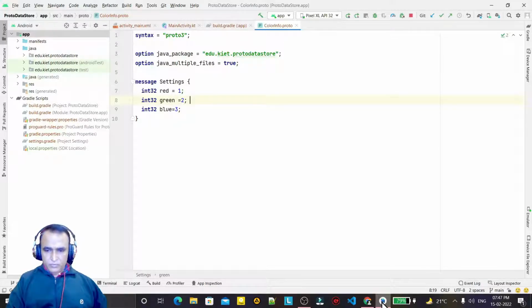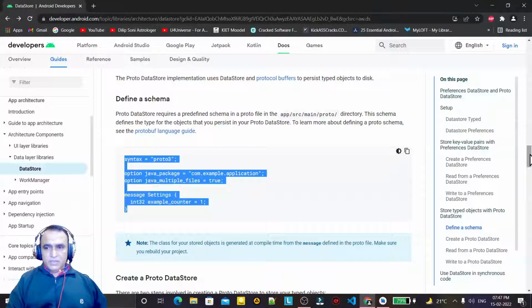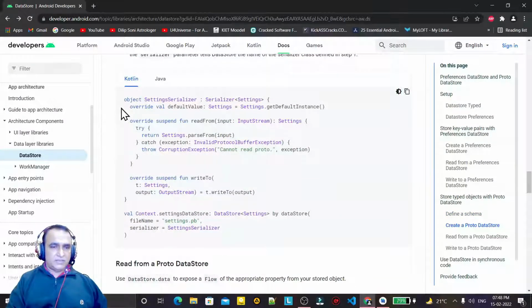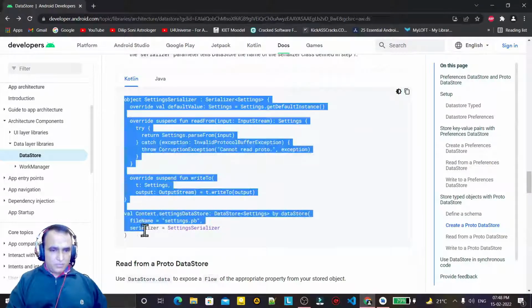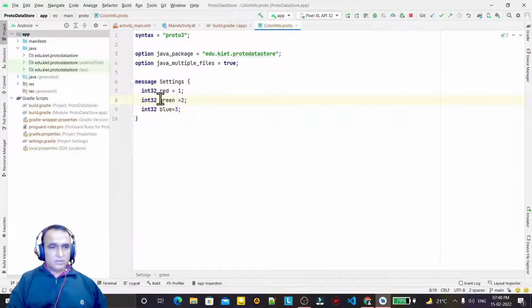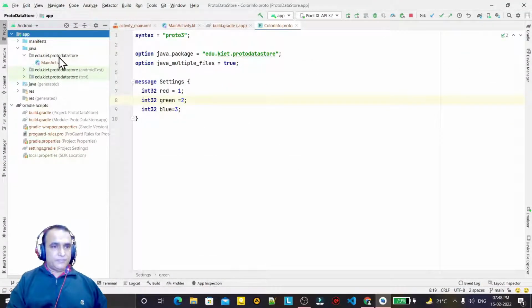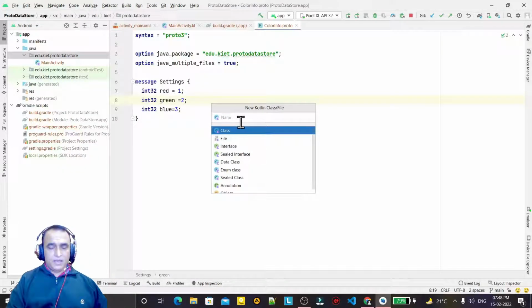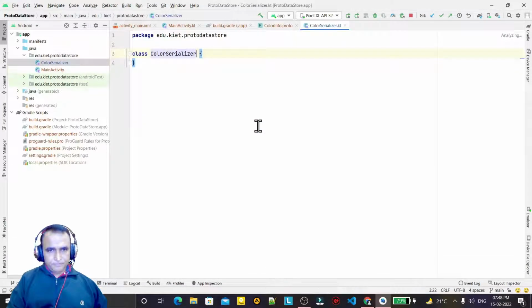Now I have to once again go down here, and create this serializer file. So I copy this one. For the serializer I need to create a class. So go to this, create a new Kotlin class, and give it a name. I say ColorSerializer. Just open this and